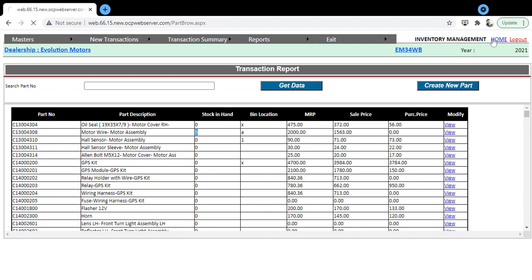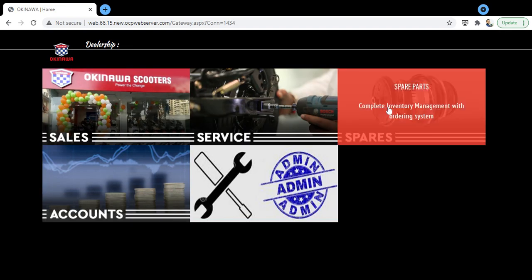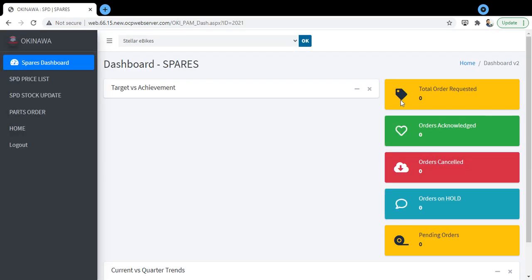How will we do it? It will again be done through this spare module only. So click on spare module. Here is SPD stock update. For the new stock which you received from Okinawa, you need to click